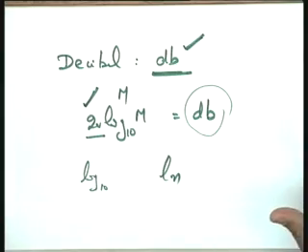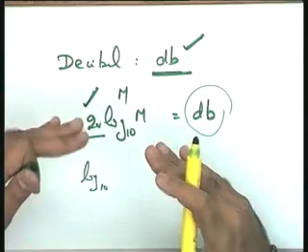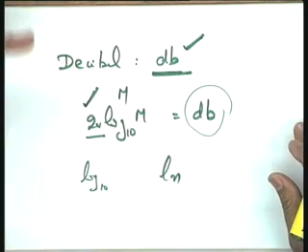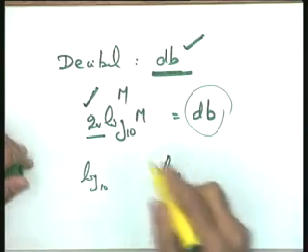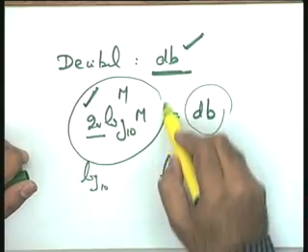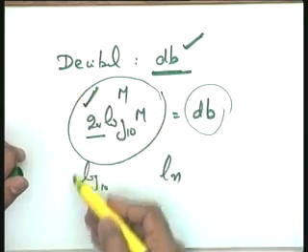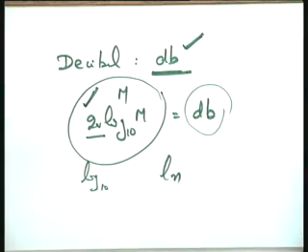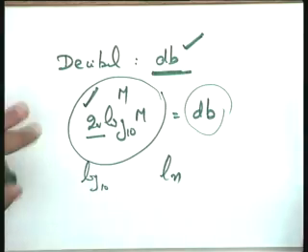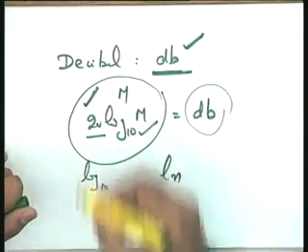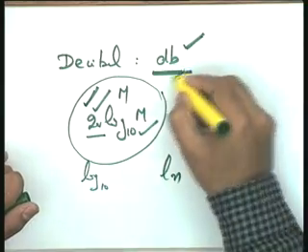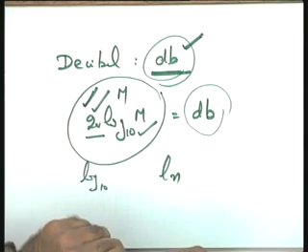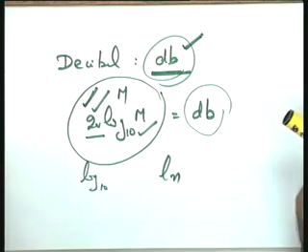The natural log also will break it up, and we will convert the multiplicative terms into additive terms, and you can develop the entire thing in terms of the natural log. But since the unit of this is decibels, and Bode has developed all along in terms of these units, even reverting to natural log does not give you any specific advantage. So, I say that the base 10 and the multiplication by 20, taking it to decibel, is just because of historical reasons, and there is no other qualitative reason which can be attributed to it.